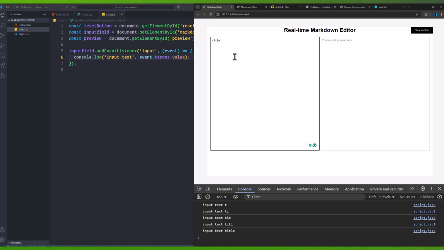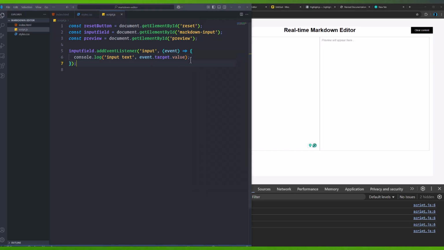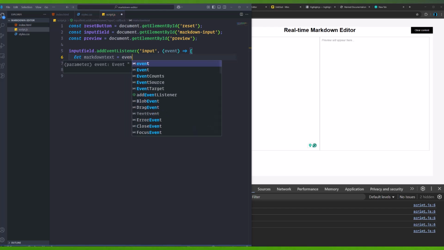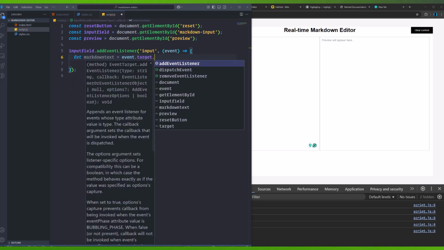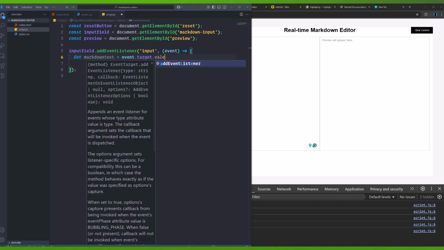So let's say we want to convert an h1 heading to the equivalent h1 element in the HTML. So how do we do it? We define the rules first. Let's just get rid of this thing, and now let's say we have this markdown text entered by the user. So we have event.target.value,